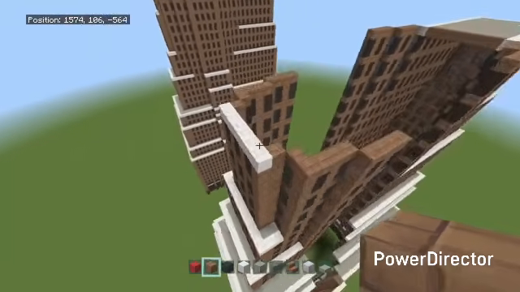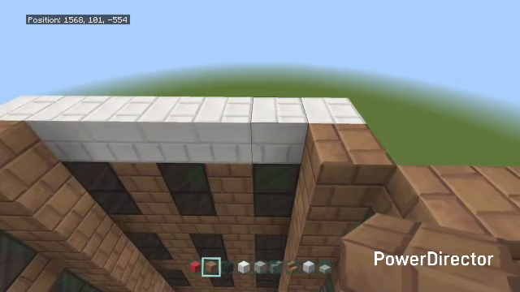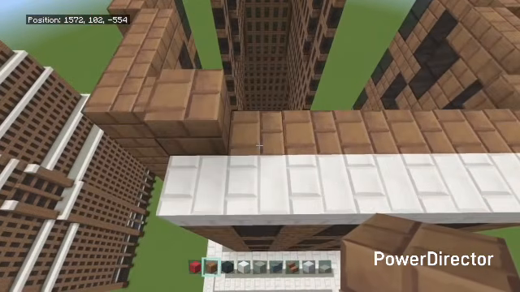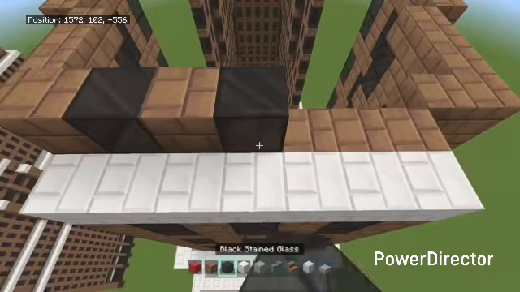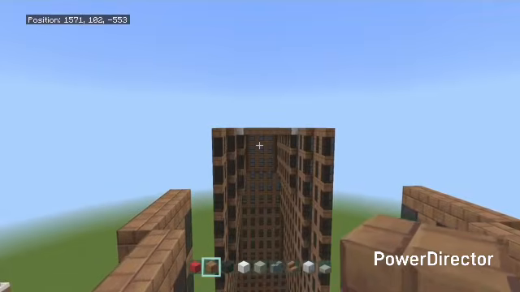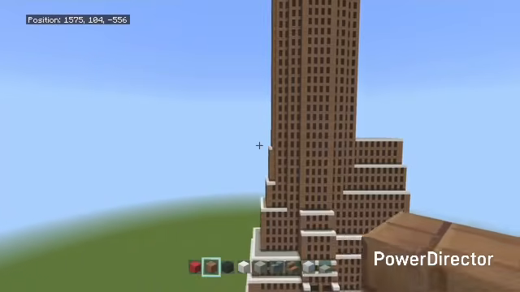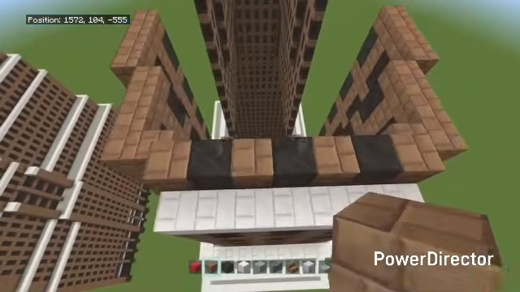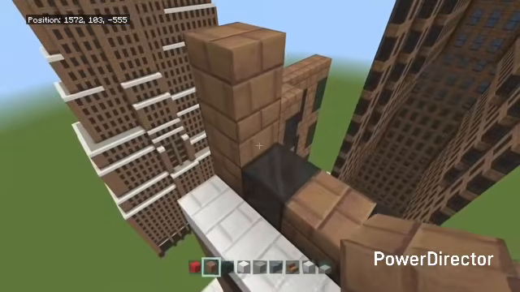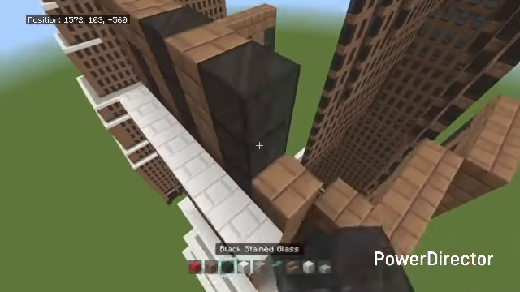Alright, once you got that done, now where your quartz brick is, you want to get your mud brick, go right behind it, place down 5 blocks, so 1, 2, 3, 4, 5. Then the corners, you want to place 1 going up, glass, mud brick, glass, mud brick, glass, mud brick. Just like that. You see from here, from across, from being way down there earlier, now we're the same height as when we did before, so raise it up to match the same height, so 2 glass, mud brick,